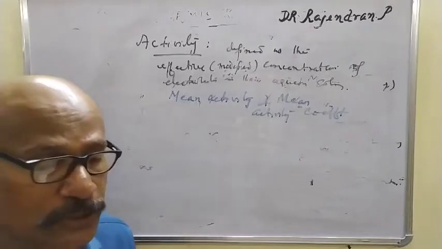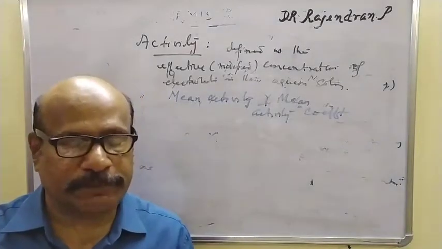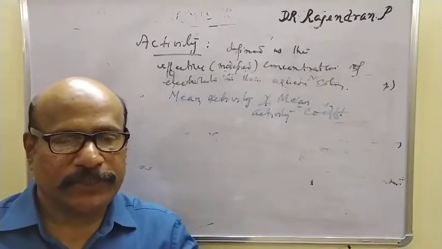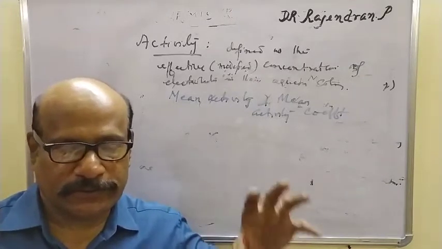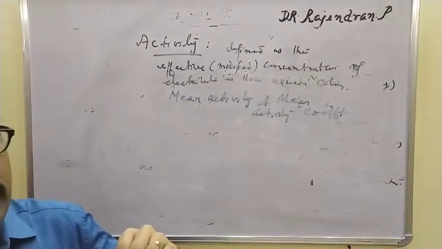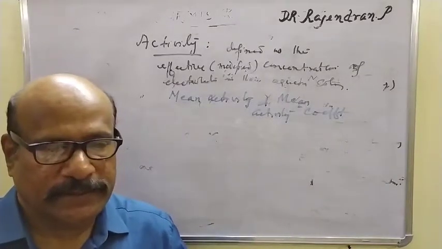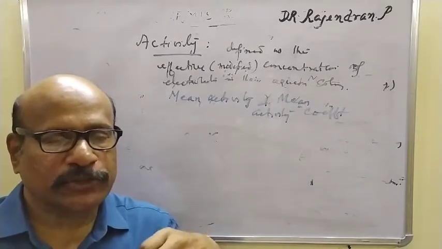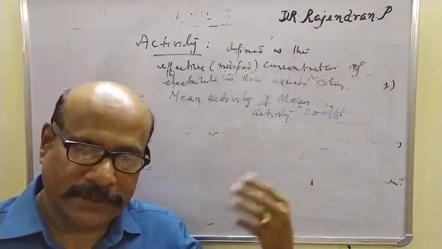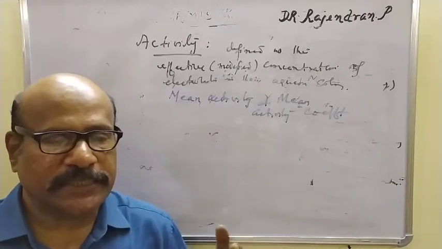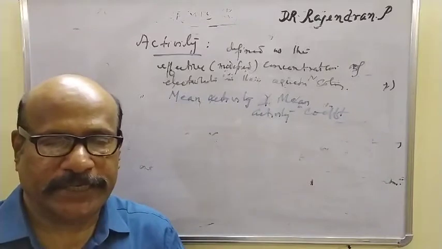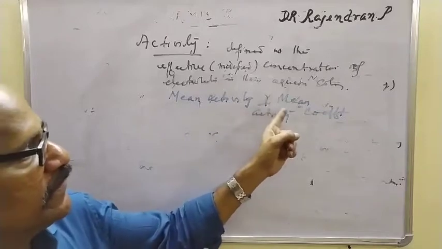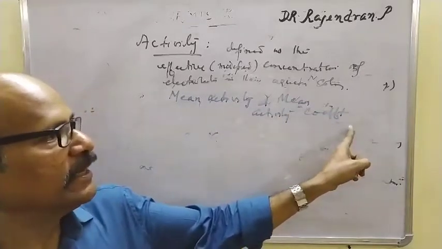Since electrolytes in solution dissociate into cation and anion charged particle species, it is very difficult to determine the activity coefficient of each ion. So we have to represent the activity of each ion. Okay, so this ionic activity is to be represented. Suppose a particular electrolyte dissociates into cations and anions, they are in large number, and it is very difficult to represent the ionic activity, A plus or A minus. So we have to go for a mean quantity called mean ionic activity, and correspondingly we have a mean ionic activity coefficient.